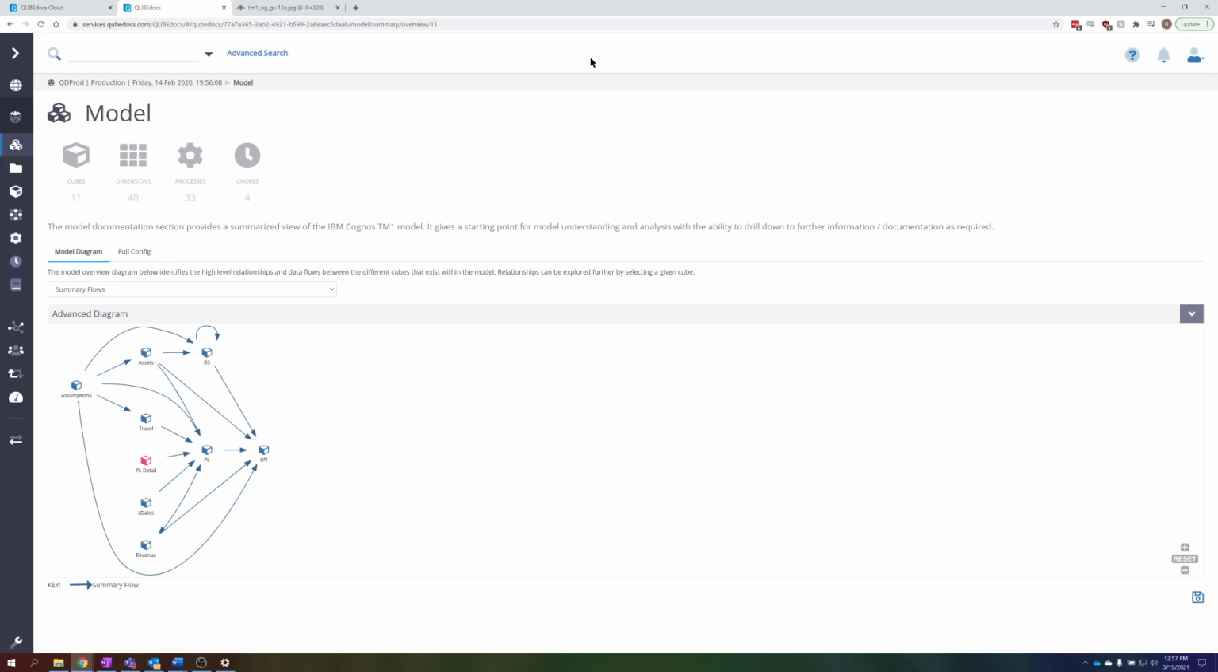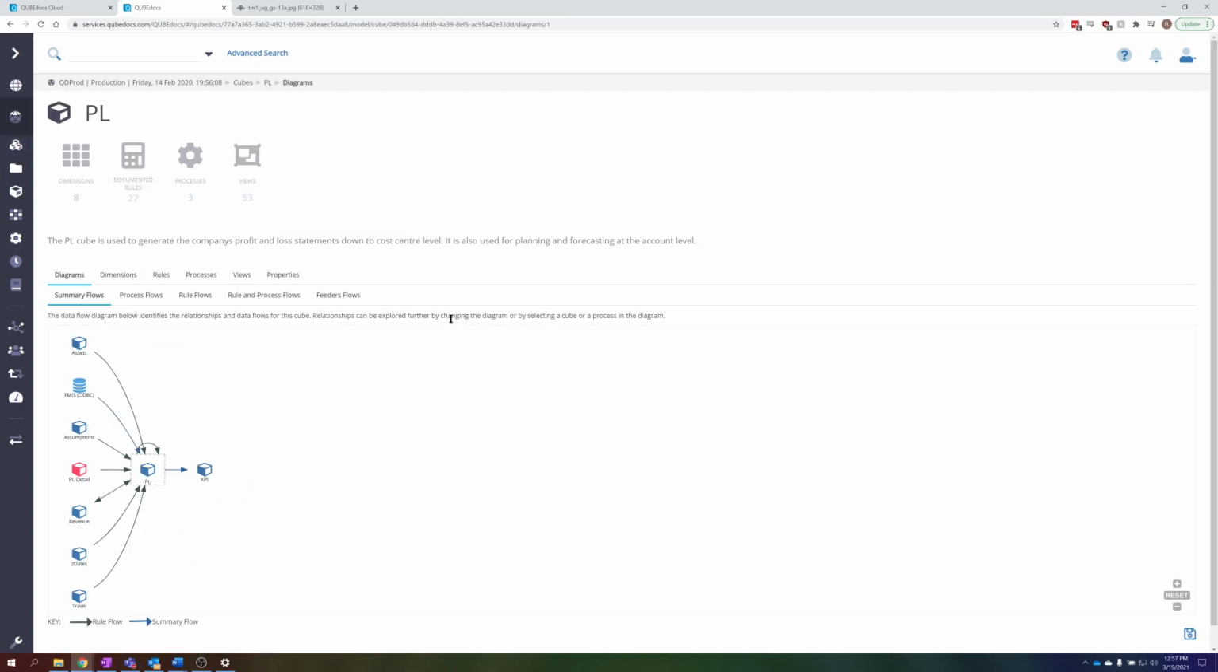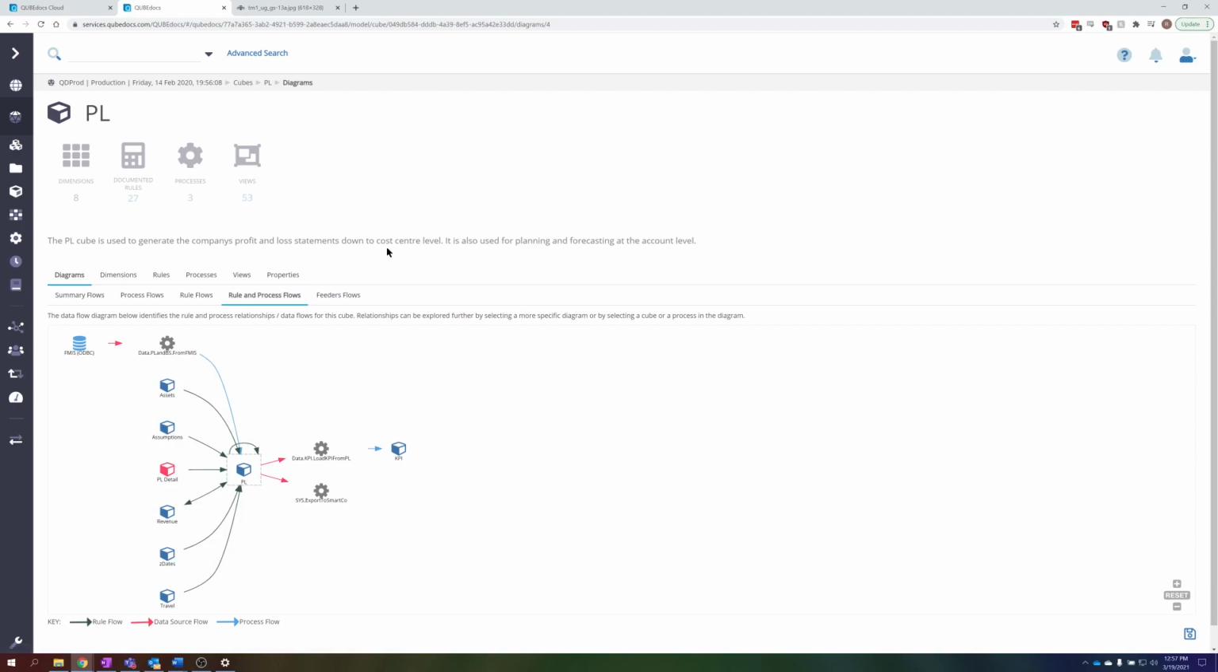With QUBEdocs, you get automatically generated documentation and visualizations of your TM1 model from all levels top to bottom. So you can see here a top-down view of all of the cubes and the relationships between them, and you can navigate through those visually just by clicking on any one of these objects. And you'll get lists of details about the object that you're focused on, as well as a number of different